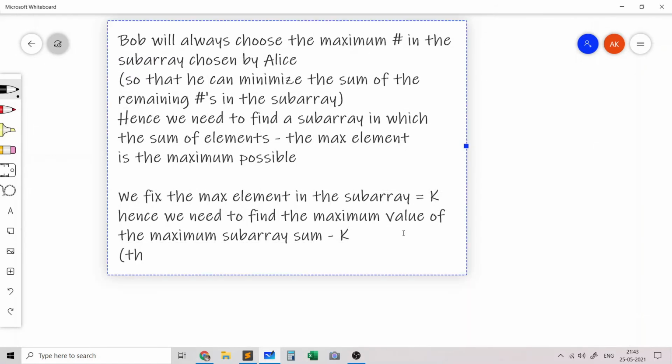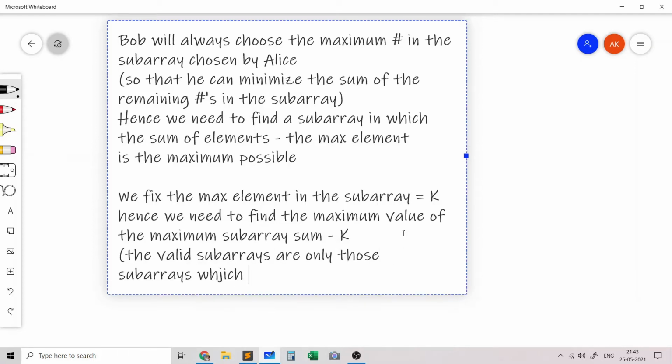And the valid subarrays are only those subarrays which have a max element equal to k. And so we need to basically find all the subarrays which have a max element equal to k, and we need to subtract k from that, and that will be the maximum subarray sum minus k.